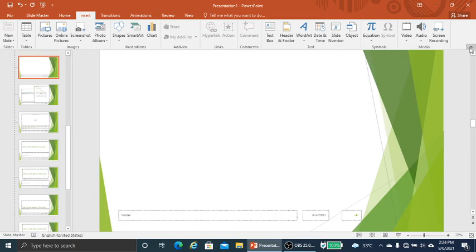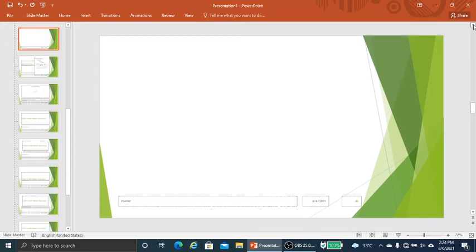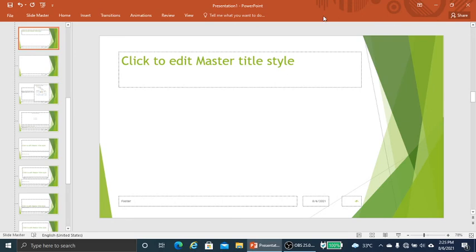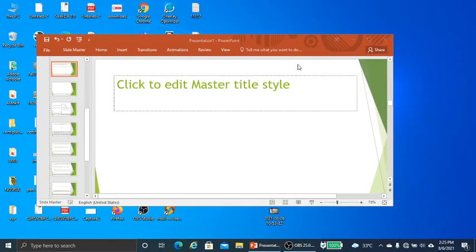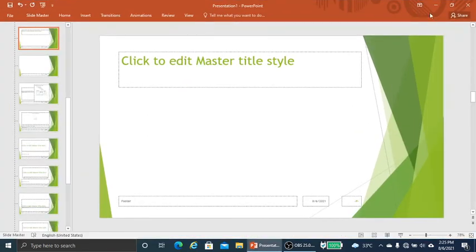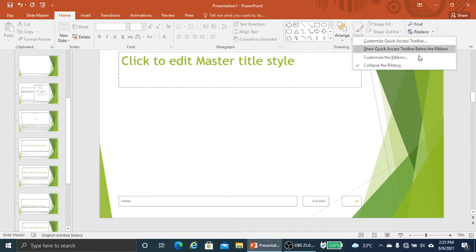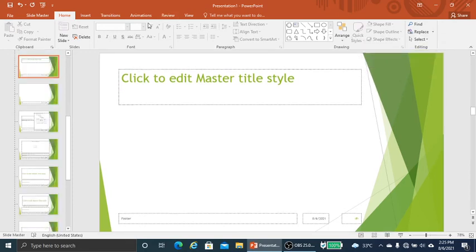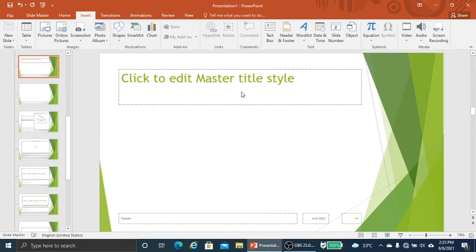The one which I am doing is 16. We'll go to the insert tab, and then we can insert, we'll click on format picture.